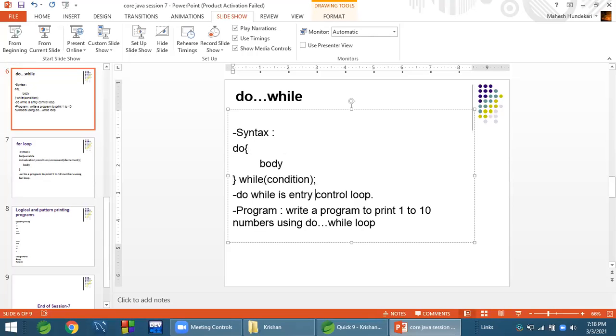Do while is an entry control loop because it at least executes once, either the condition is true or false. At least the do while loop executes once. That's why it's called an entry control loop. Okay, now we'll see the program.